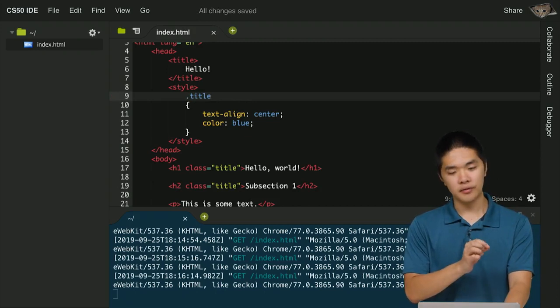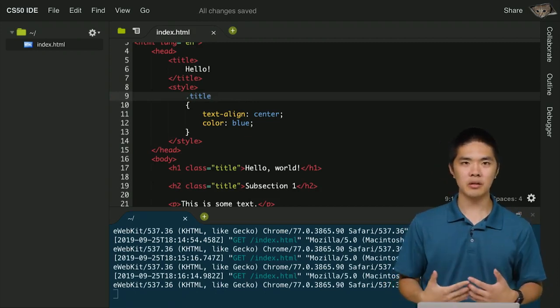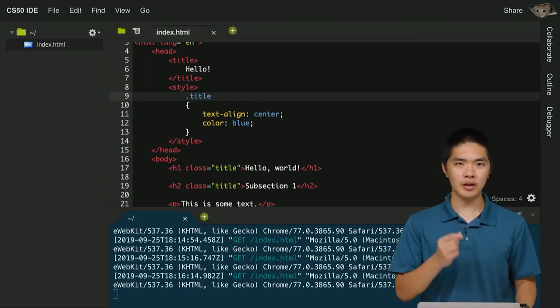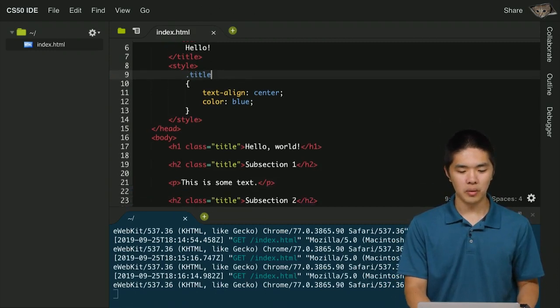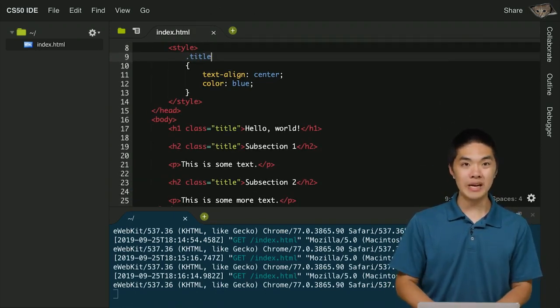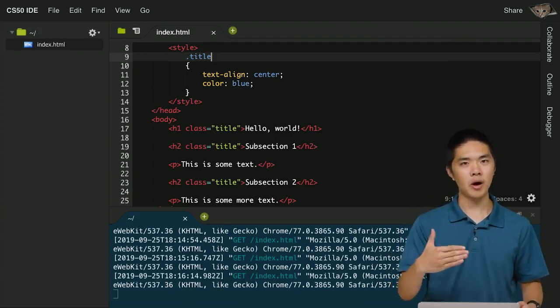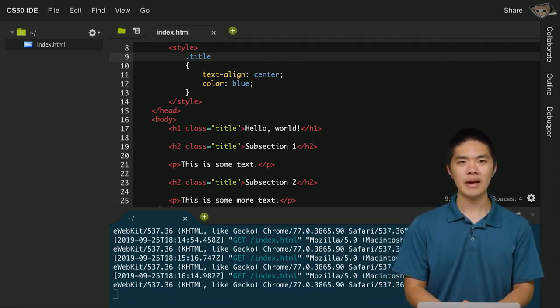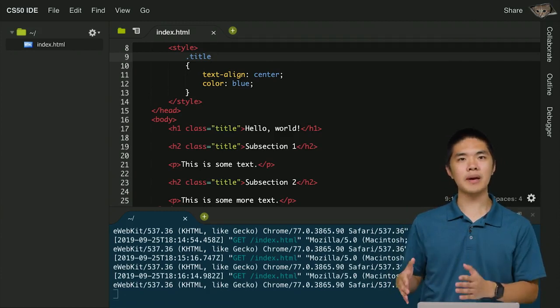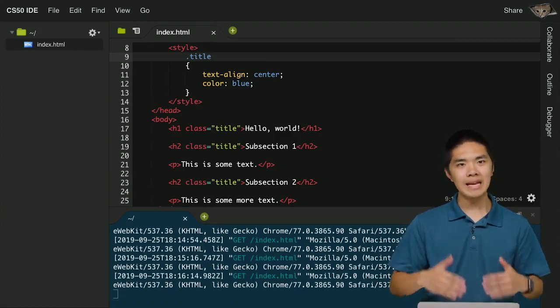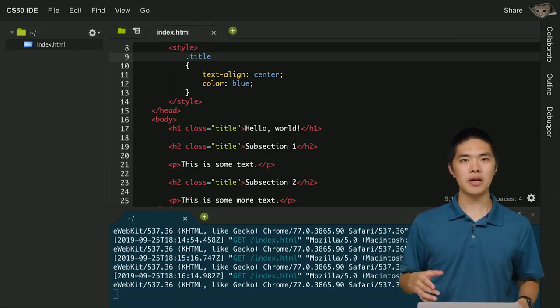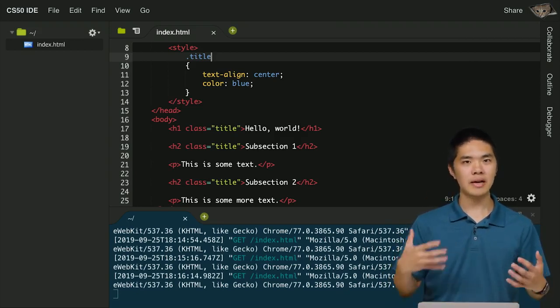The dot signifies that the name of a class is coming next, and then title is the name of the class that I want to style. So what does this all mean? I've given three HTML elements a class name of title, the H1 and then both of the H2s. And then in the style section of my web page, I've specified that for any element that shows up in this web page that has a class of title, I want to go ahead and center it and also make